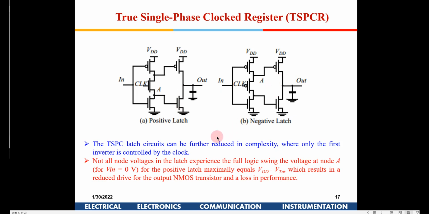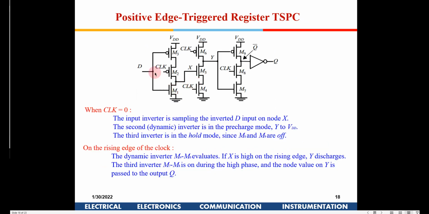So this is one particular configuration which is not very widely used, because speed is a major issue in all these circuits, right? So this is a positive edge triggered register. Another configuration is where you have a D. You see here the clock is given here. So when the clock is